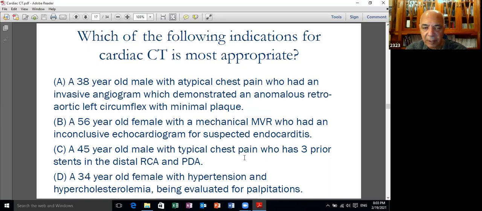If you go to number 3, this is a patient with typical chest pain with 3 prior stents located in a distal location in the coronary arteries. The CT is a poor choice in demonstrating in-stent stenosis or any problem with a stent in the distal vessels. It's appropriate whenever you have a stent equal to or more than 3 millimeters and located in the left main, or at most in the proximal LAD. So C is wrong as well. And then if you look at D, this is a benign condition, low risk individual, and so you don't need a CT for it. So the appropriate answer is B, which is